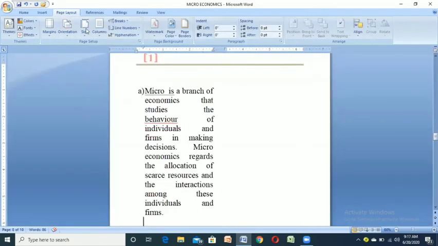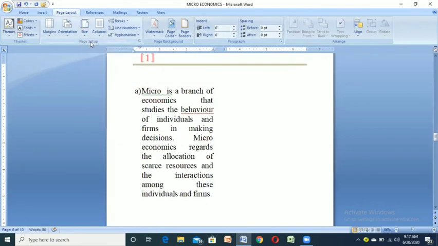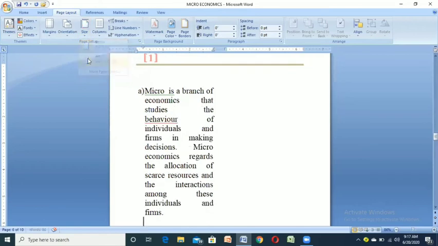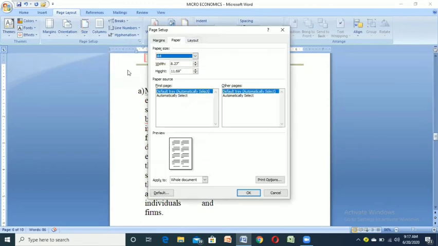Size also I can show you here. Letter option, see how it's changing. Next A4 sheet, if you want the A4 sheet format, it will come according to A4. Now you can give more paper sizes. If you want, you have more paper sizes; according to the paper, you have to set the paper size, and you have to click the OK button.